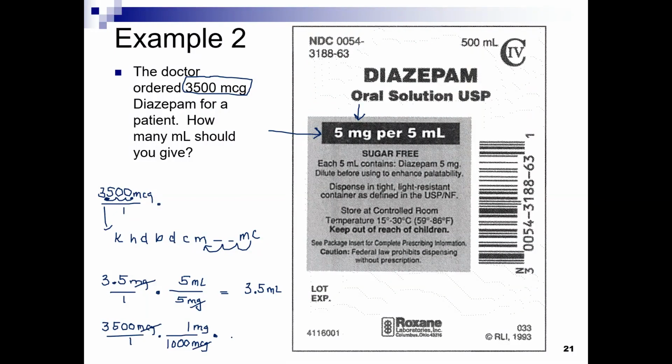So setting that up to cancel the micrograms, and then using the strength with the 5 milligrams to 5 milliliters, canceling the milligrams, and you do all of that math, and it turns out that you have the exact same answer of 3.5 milliliters. So if you're not real comfortable using the King Henry, you can use the memorized conversions